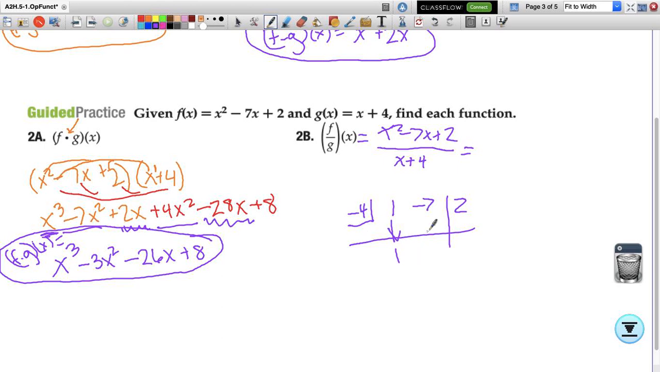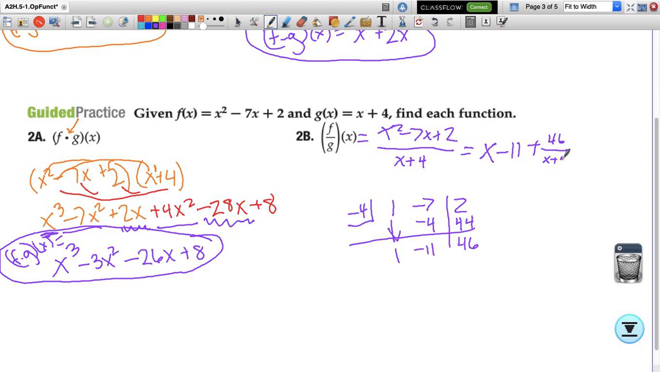1 times negative 4 is negative 4. Negative 7 and negative 4 together is negative 11. Negative 11 times negative 4 is positive 44. And 2 and 44 is 46. So we could write this as, this is an x squared, so we decrease the power by 1. It would be 1x, or just x, minus 11 plus 46 over our divisor, which is x